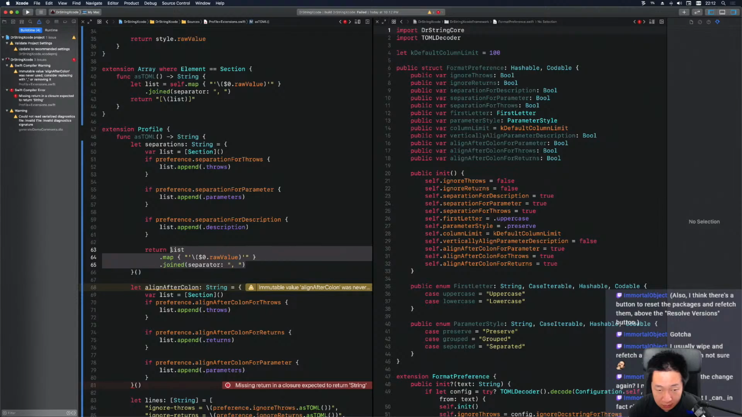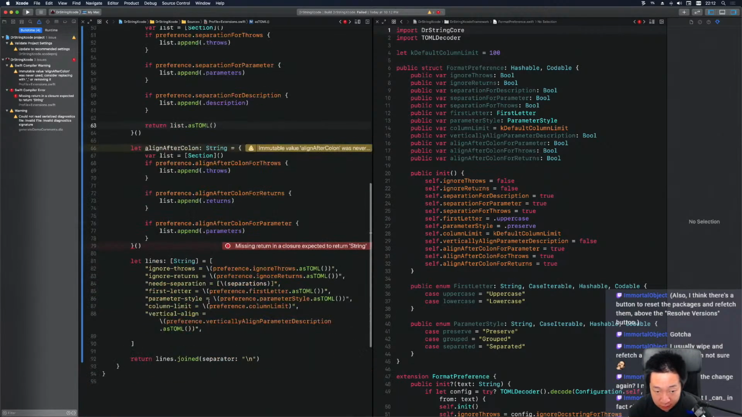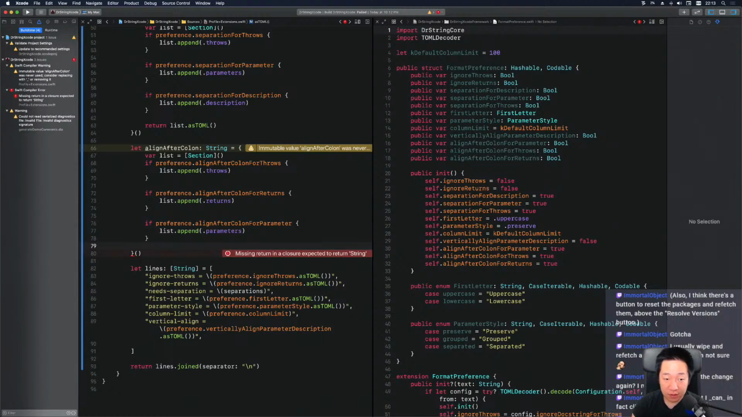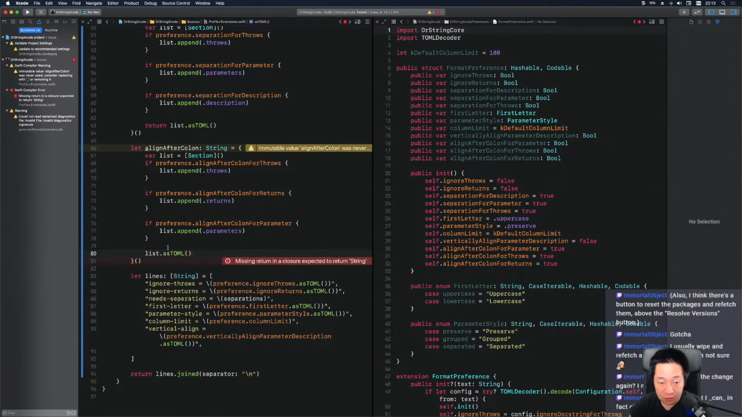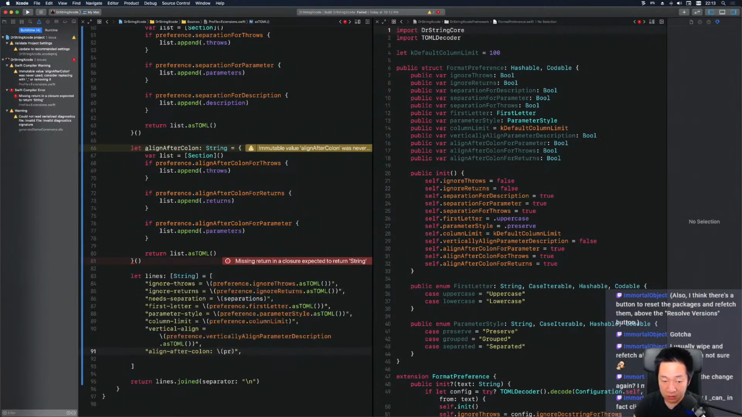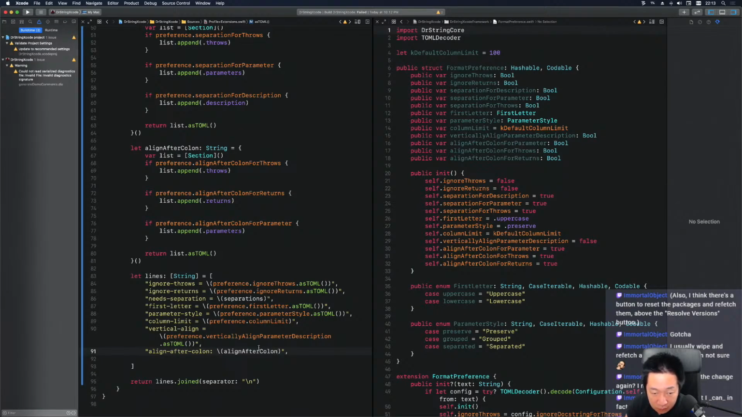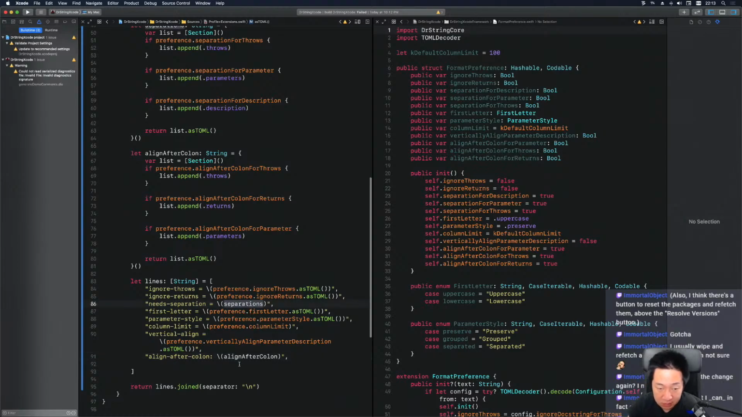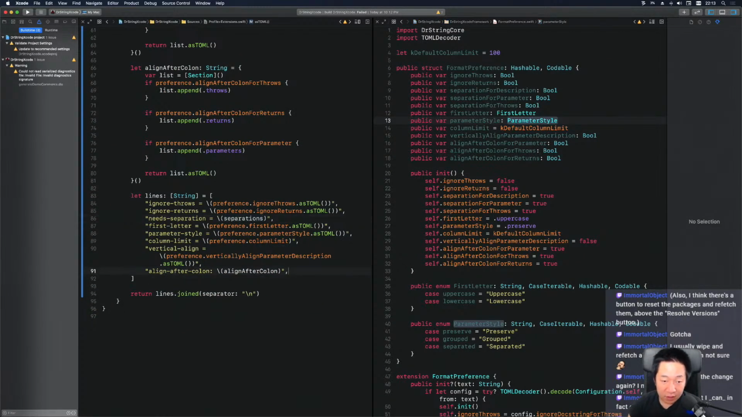So now I can say return list as TOML, right? And I need to be careful and remove the square bracket here. Yeah, now I can comfortably say list as TOML here as well. And that is for line after colon. No. Line after colon. Why is this not highlighted properly? Oh, same as this. So I assume we're fine. And that's all of it, right? So we now have a list of strings, and at the end we join them by new lines, and we're done. So if I now compile,